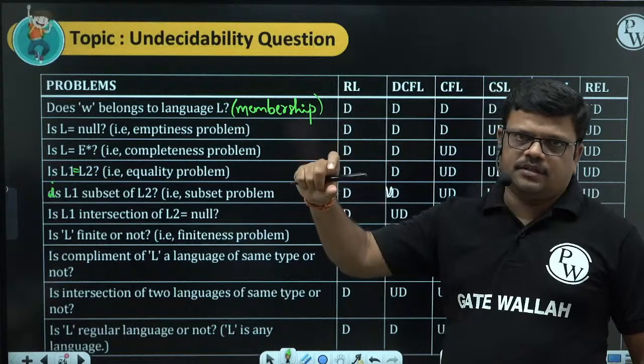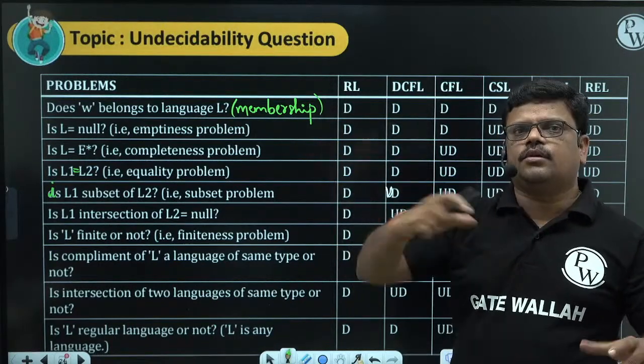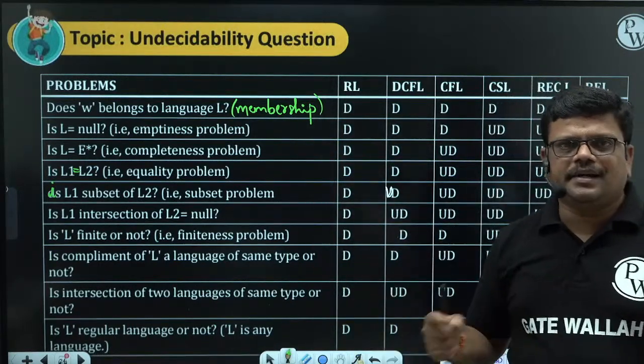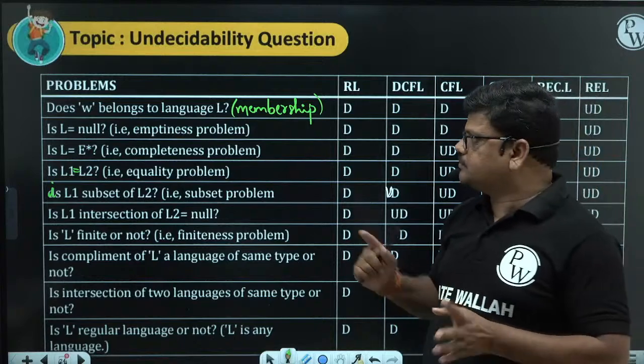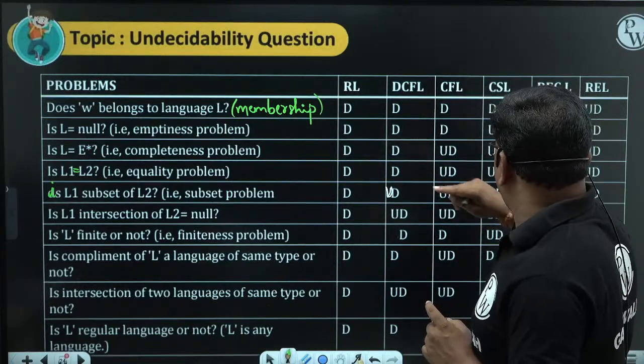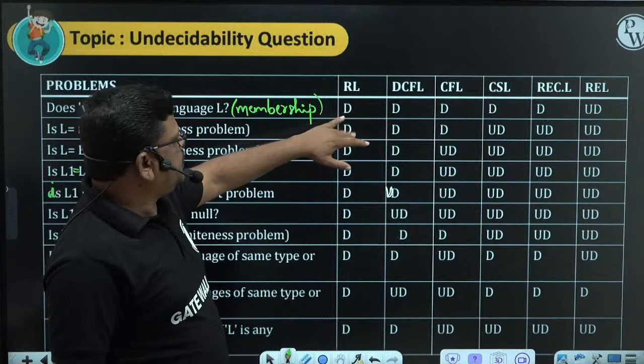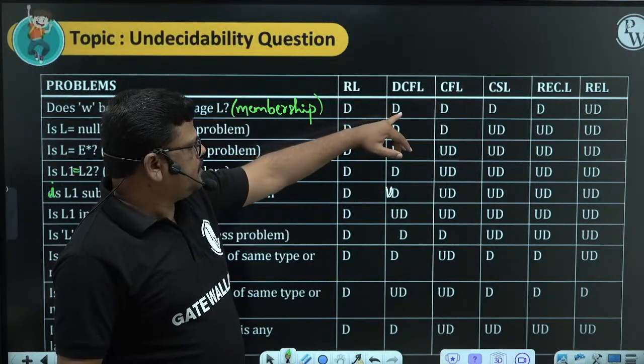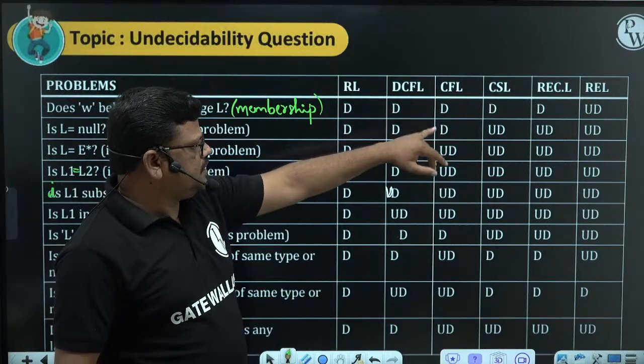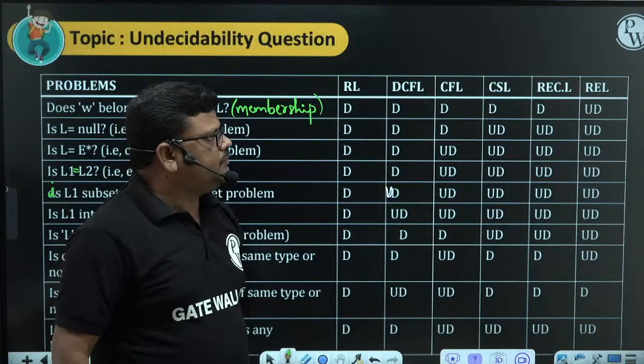I'll take one string, one automata. Is it a member or not? Is it accepted by that or not? So this problem is decidable for regular, decidable for DCFL, decidable for CFL, CSL, recursive, undecidable for RELs.